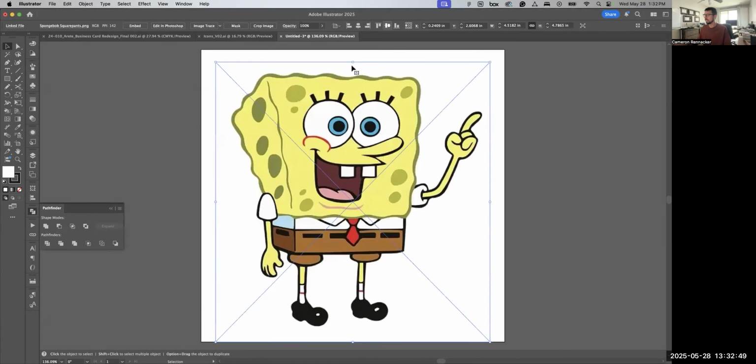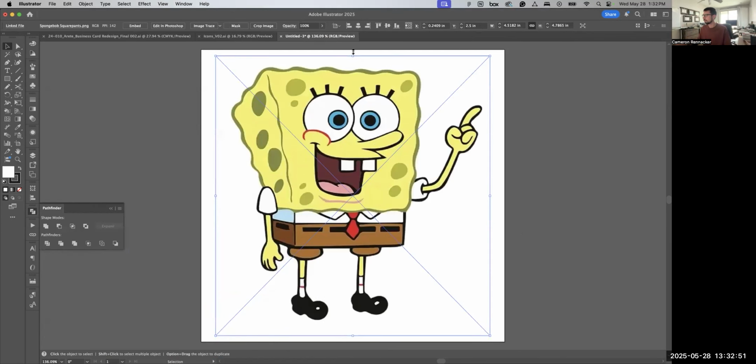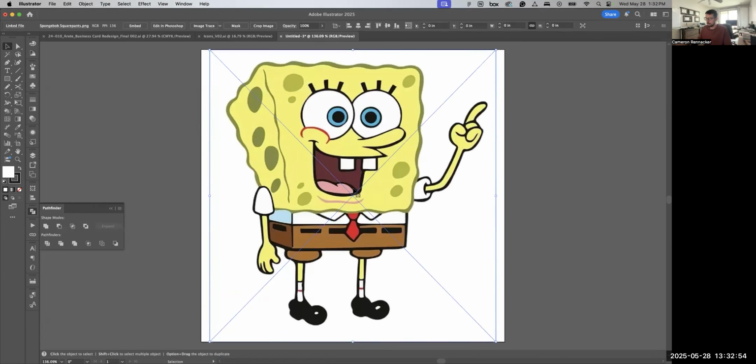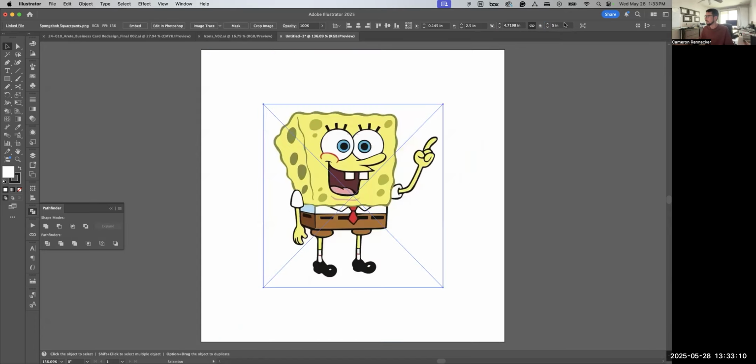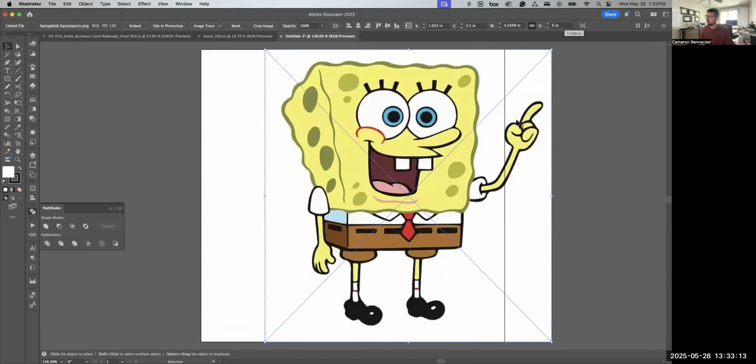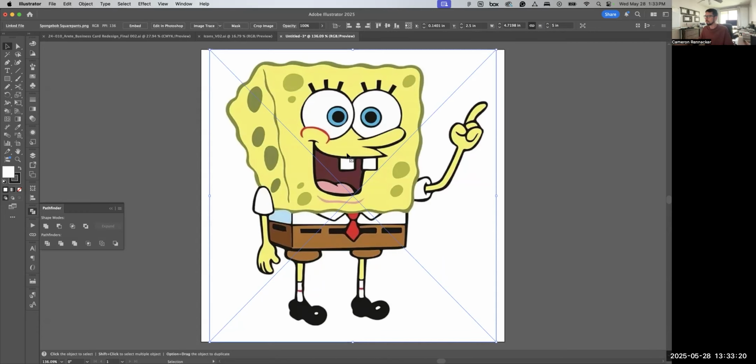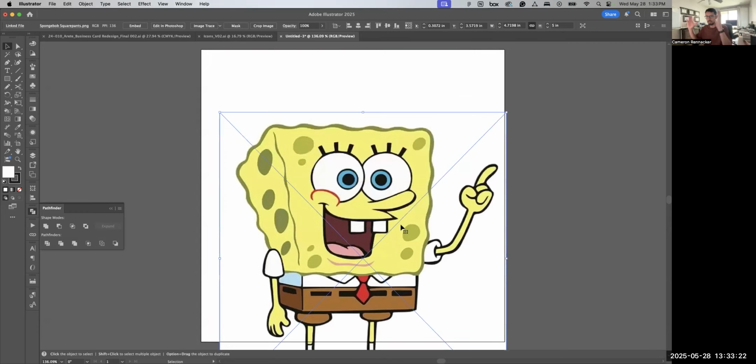So like I already said, I've got my 5 by 5 artboard here already. I'm just going to make SpongeBob as big within that artboard as I possibly can. Over here, something kind of cool is that you can actually sort of do math within Illustrator. You can just put 5 inches and it'll automatically size. So if I have it smaller, I could put 5 inches and it'll automatically size it. You can also use your alignment tools up here. You have horizontal align center, vertical align center, just to make sure that everything is nice and squared up before